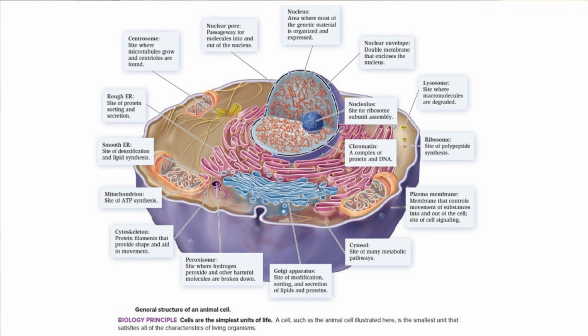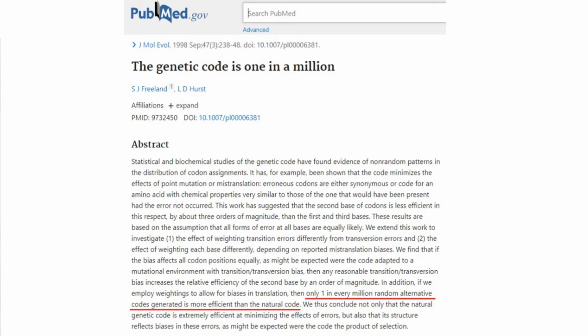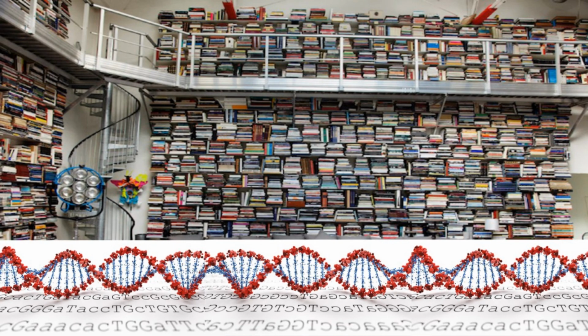Cells are cybernetic, ingeniously crafted cities full of factories, the most sophisticated self-replicating factory of the universe, containing an informational code system and programming languages like our alphabet or computer code, more versatile than C, Visual Basic, or PHP, and more robust and error-free than any other code system out of 1 million alternatives, using a communication protocol which wastes far less space than human-made ones, using furthermore a collection of rules and regularities of information coding for instructional complex texts, defined by alphabet, grammar, a collection of punctuation marks and regulatory sites, and semantics,